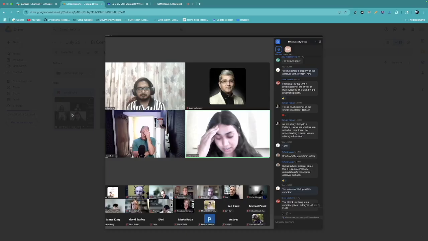So this was the Weaver paper from 1948, and I'm going to read from the chat on the right. There was a quote, "To what extent a property of the observer versus the system?" If you think about second order cybernetics, their focus isn't just on the system, but on the observer of the system, and how the observer plays a role in the system's supervision and regulation. So they're tying this Weaver paper to some of these topics in cybernetics.